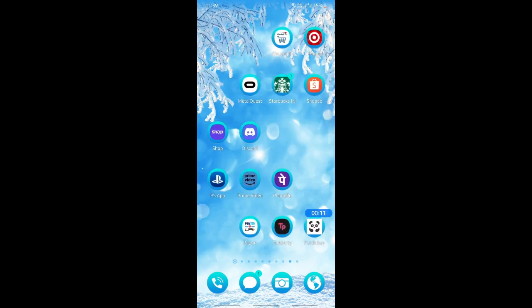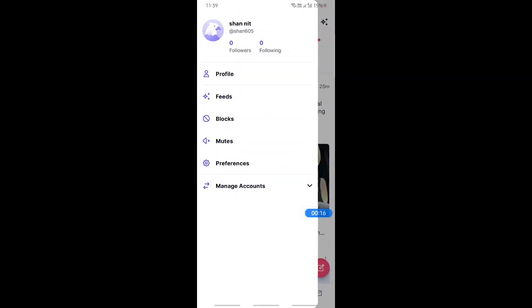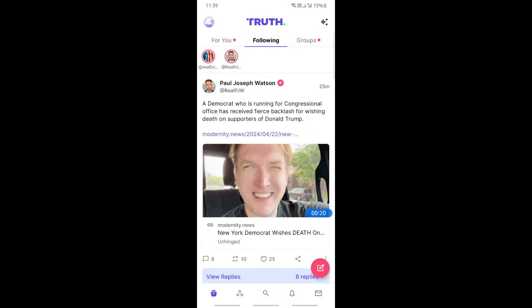So open up the Truth Social app. Just open it up and then log into your account. So we'll log into your account, and then once you're up on your account,